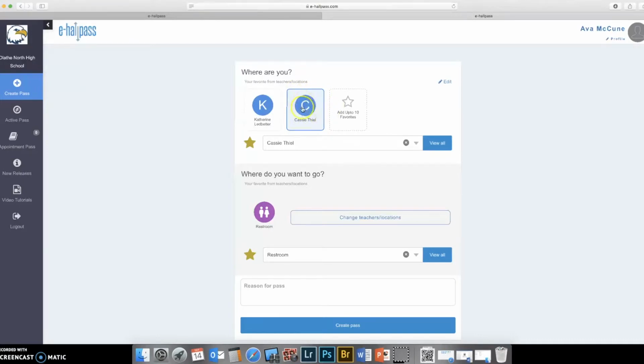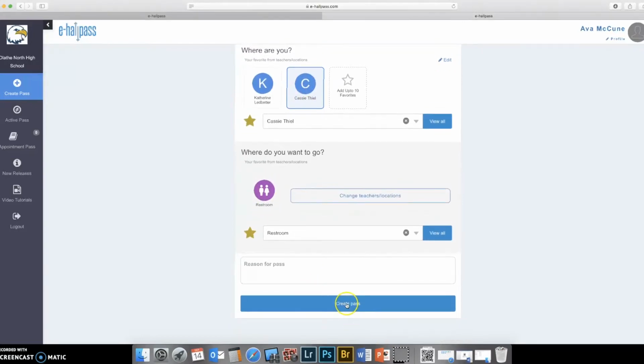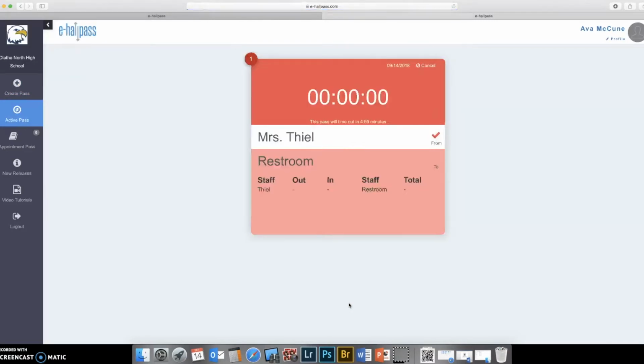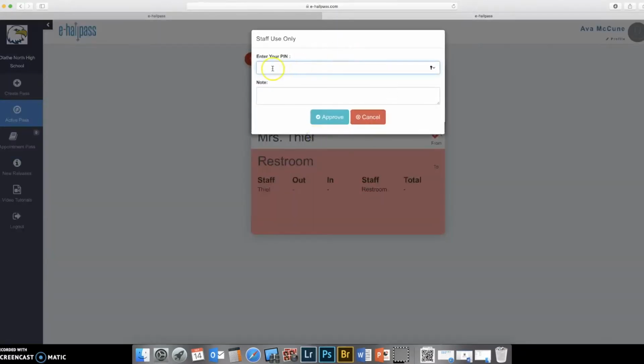and I'm going to choose, the student has to click on the teacher. So where are you? This is the teacher, and then restroom. And then they scroll down and click create pass. What they're going to see on their phone is this red screen. So what you can do is you can click here and enter your PIN,